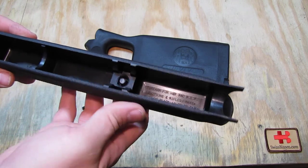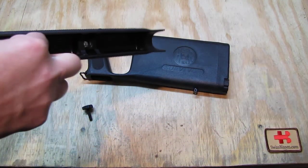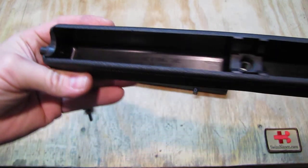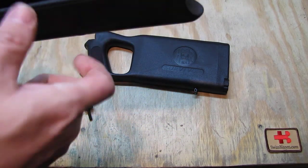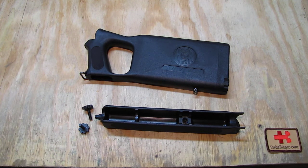The whole system is made by Choate Machine and Tool, as we see it engraved inside the stock. I can actually take that out and we see it a bit better. Nice people. I met them a couple times at the SHOT Show, and the products are innovative and usually pretty nicely made. They also supply other companies that put those stocks and followers that they make on their guns. They make a variety of parts, also shotgun